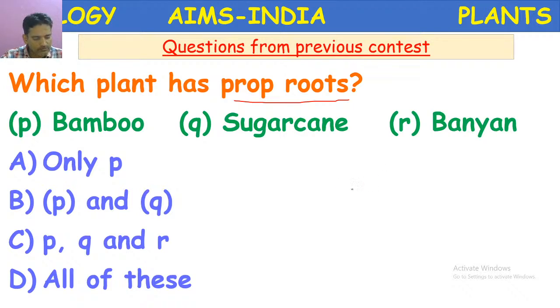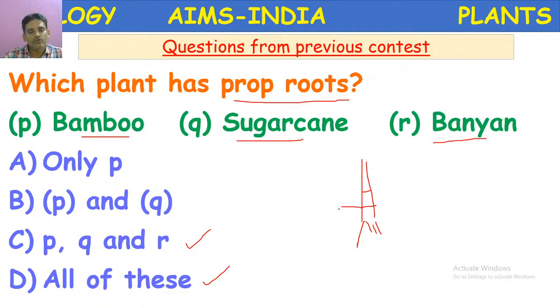So some of you are saying B, bamboo and sugarcane. Okay children, bamboo is correct, sugarcane is correct, banyan is absolutely correct. So here the answer is either P, Q and R or all of these. If you take a bamboo or a sugarcane plant, extra roots are developing from the nodes of the stem. Such roots are called,